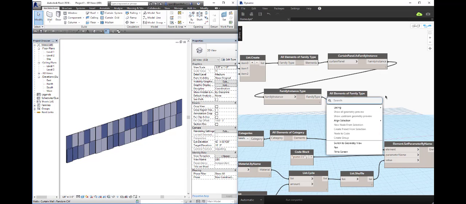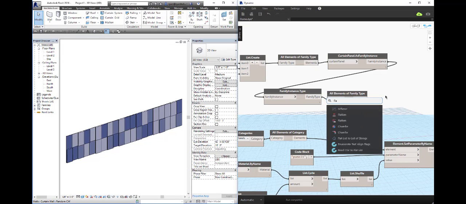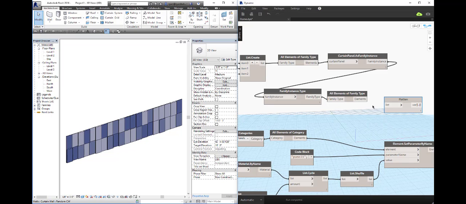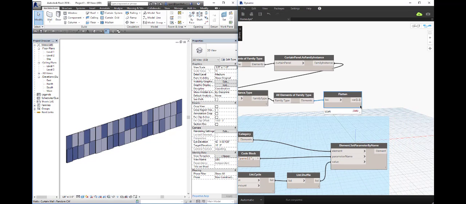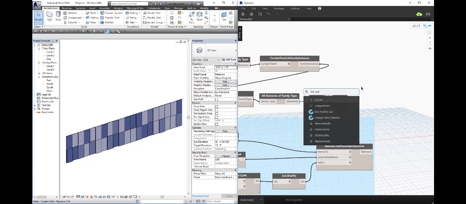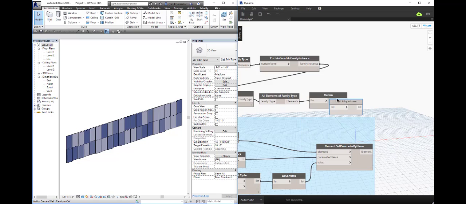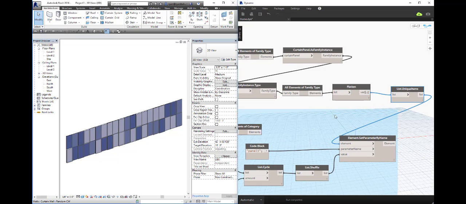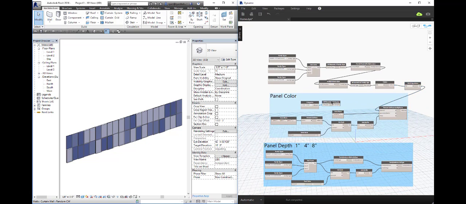Let's see. Can I go straight to flatten? Do I need to make a list for that first? I might need to make a list for that, but that's okay. And then this unique. Perfect. And there we go. So ditching every single curtain panel in there, because if I'm not mistaken,